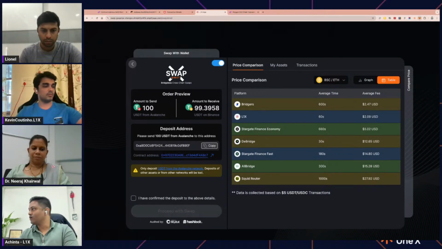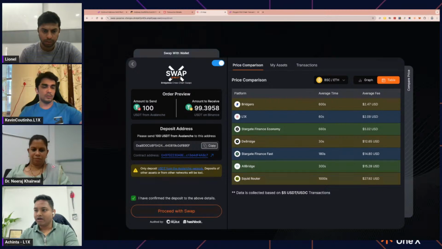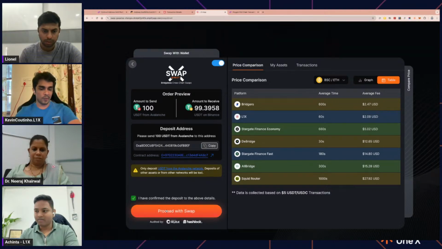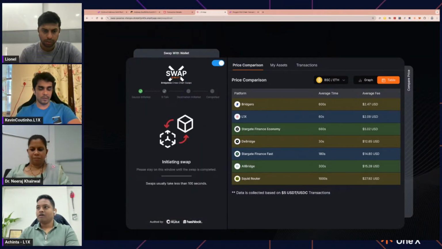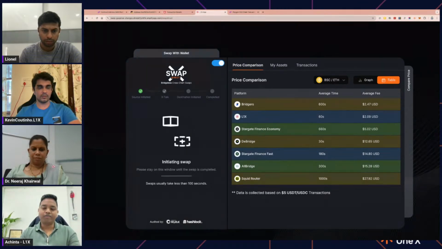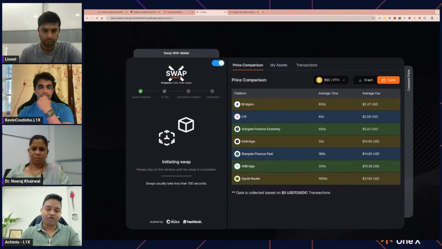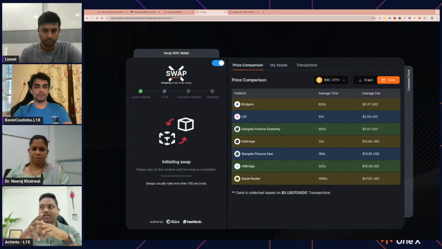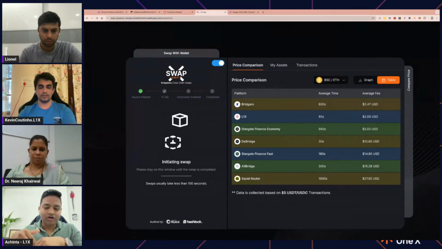I think it is not reflected. Yes, it's confirmed now in MetaMask. I have to click it here and then proceed with the swap. Now what happened here, you can see the source initiated. Our team is working really hard, and we put a 3-layer protection on your transactions. Whenever the source is initiated, the layer 1 L1X blockchain is taking care of your transactions.